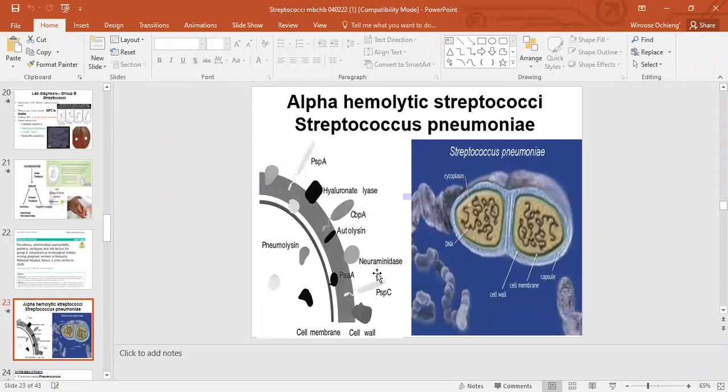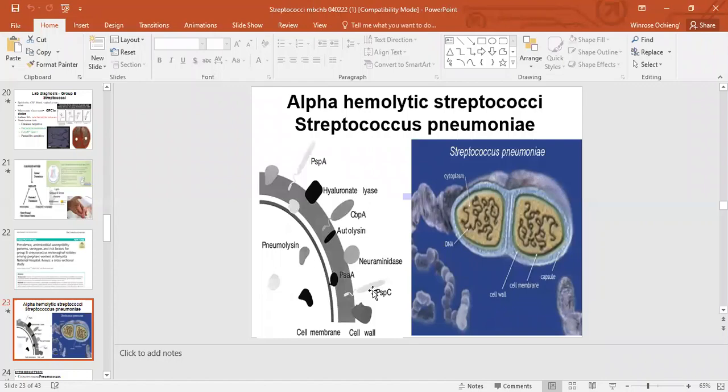So we are able to see transformation with this species, whereby we incorporate dead Streptococcus pneumoniae that were virulent. They had all the ability to cause infection. We culture them together with Streptococcus pneumoniae that are avirulent. They don't have the ability to cause infection. So when they are growing, they will acquire the virulence DNA from the ones that are dead. Transformation was shown, the model was shown by Griffith very well,